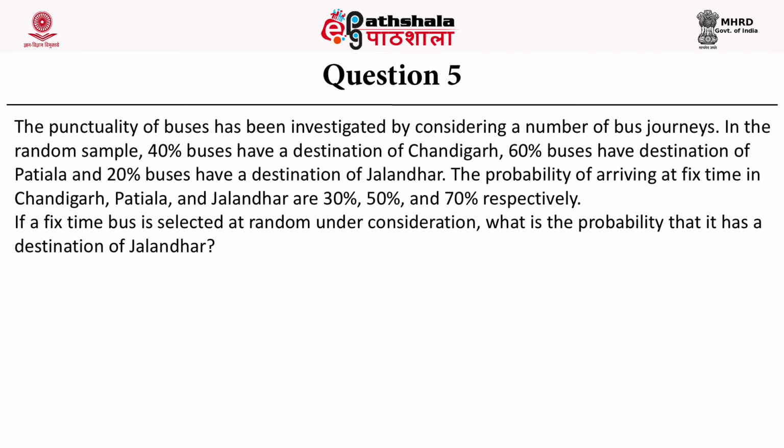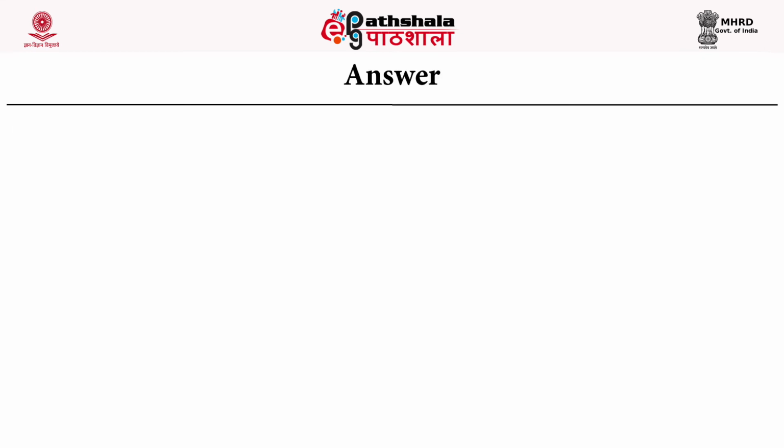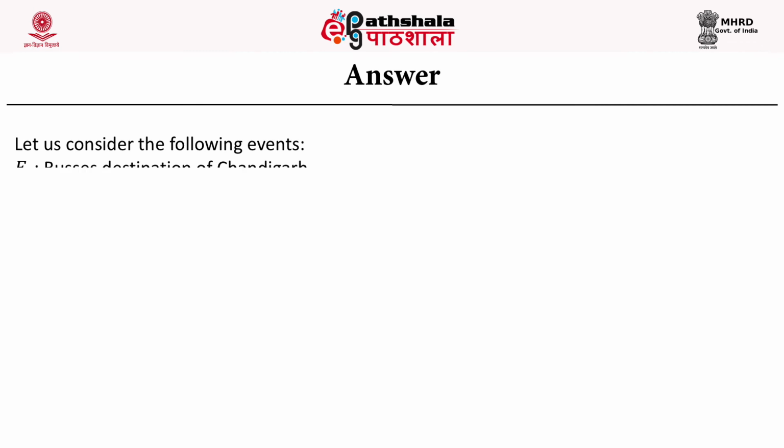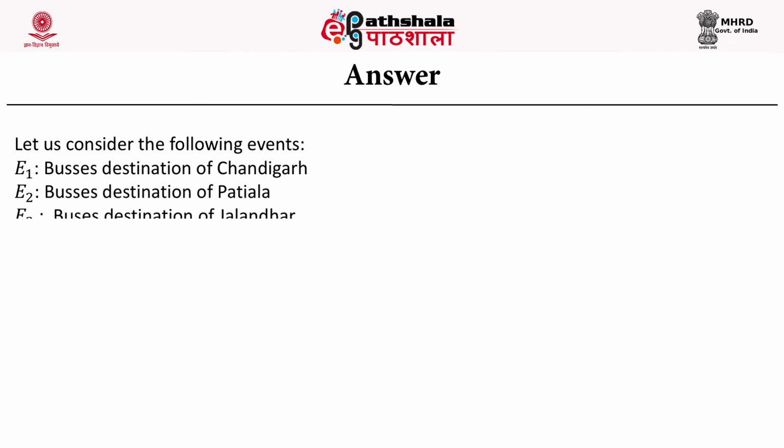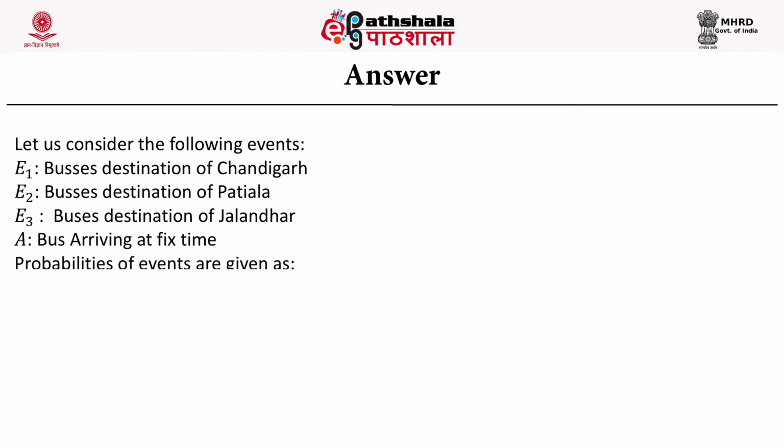If a fixed time bus is selected at random under consideration, what is the probability that it has a destination of Jalandhar? So let us consider the following events, where event E1 denotes the bus's destination is Chandigarh, the second event represents destination of Patiala, and the third, the bus has destination of Jalandhar. So A represents the buses arriving at a fixed time. Probability of events are given by